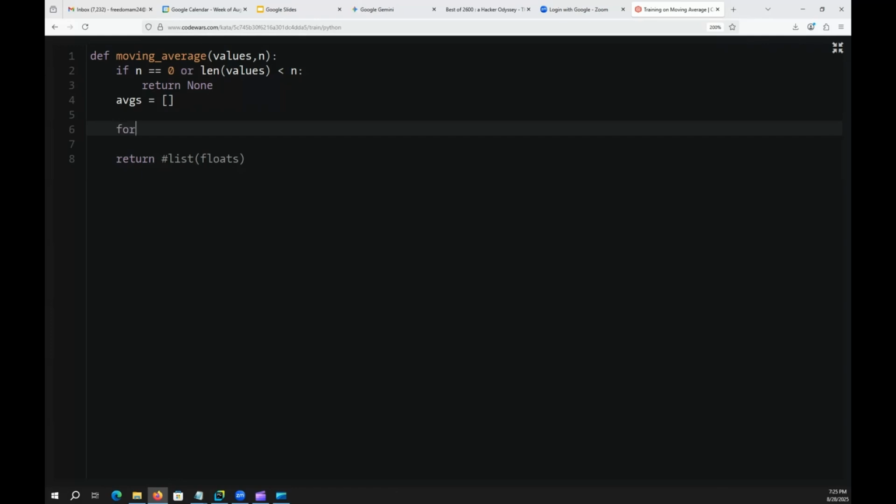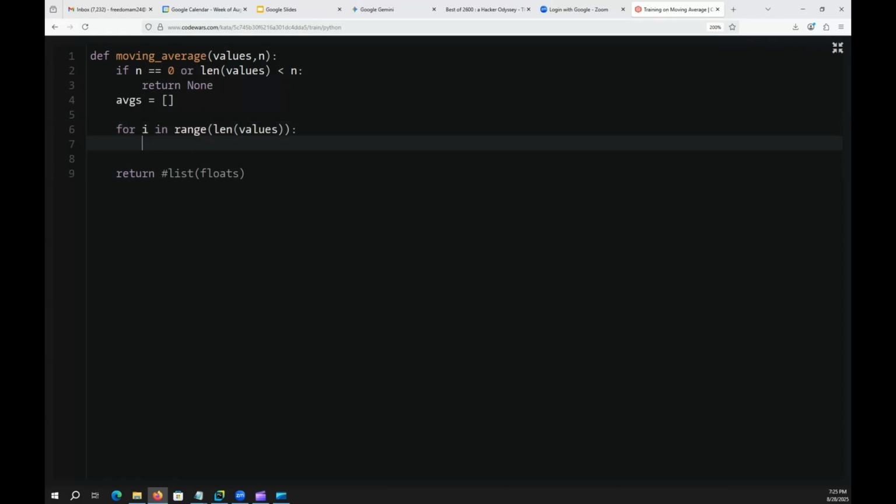I'm going to loop through the values. And I'm going to mistype in here once again. I'm kind of typing in the dark, even though I don't really look at my keys. Sometimes I'll need to look down at them, but I'm in the dark, so it's harder to do. Anyway,